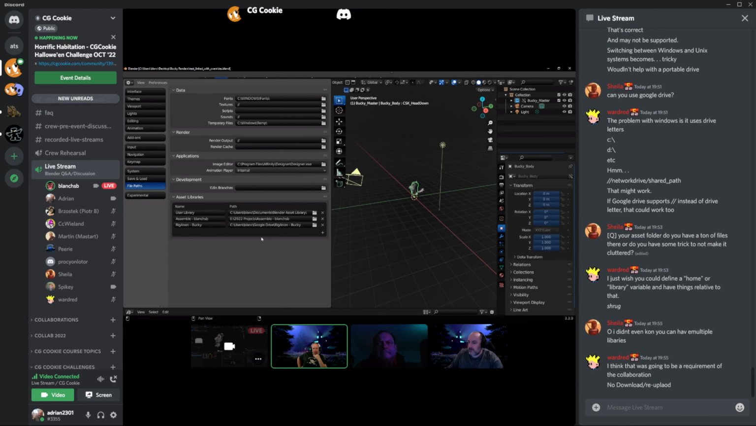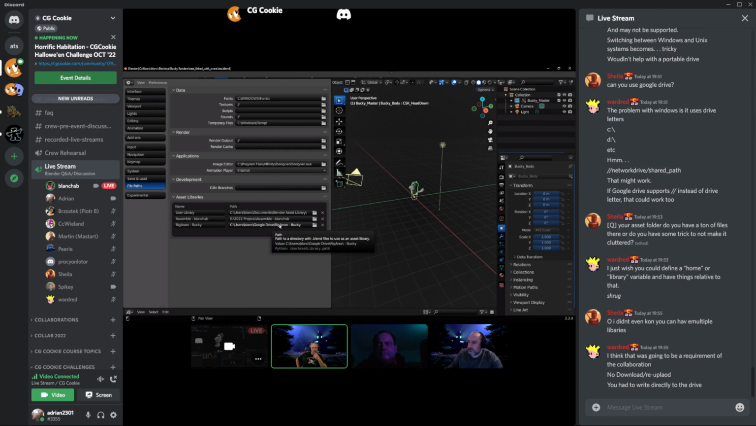I would say that if people are submitting exercises, it would be nice to have a single place where everybody can go to grab the asset library. But the easiest way to do it, I guess, is just to have people download the asset library and just point to it. So for those of you who've never used the asset library,